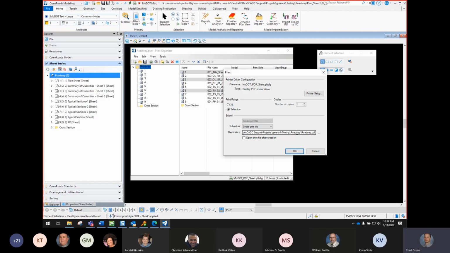Okay. Then you have to determine where you want to place it, and I'll just place it underneath the roadway folder. I'll just leave it set to that by default. Of course, you can change it by clicking on the browse. You can determine where you want to place it. And of course, I can open up the file after the creation. So, some toggles through here that you can set depending on how you want it to print. So if I go ahead and click on OK,